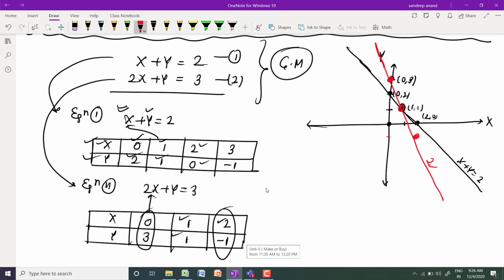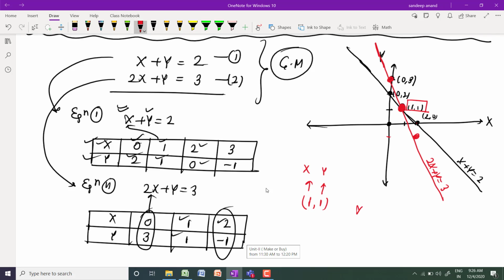Now, where does the solution come from? From the first equation, you got one straight line. From the second equation, you got one straight line. Where the two lines are intersecting, that will be your solution. So here, if you look at the screen, 1, 1 is the point where the 2 lines are intersecting, and this is the coordinate. That means x equal to 1, y equal to 1. So I have the solution with me.